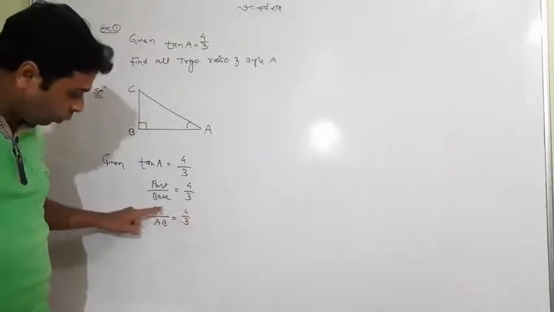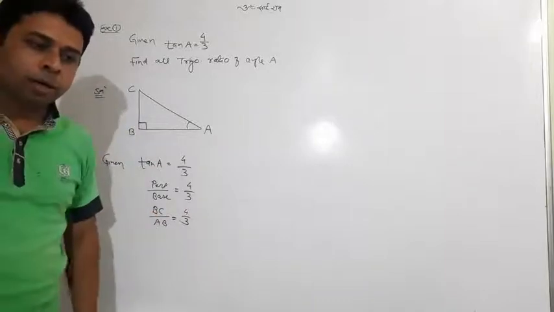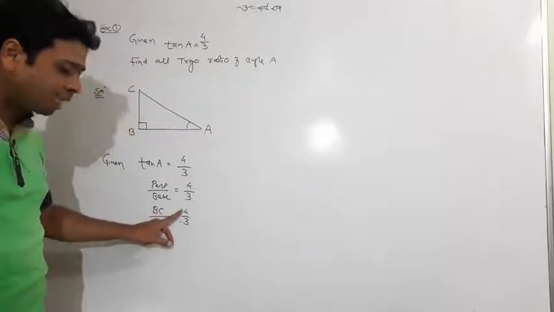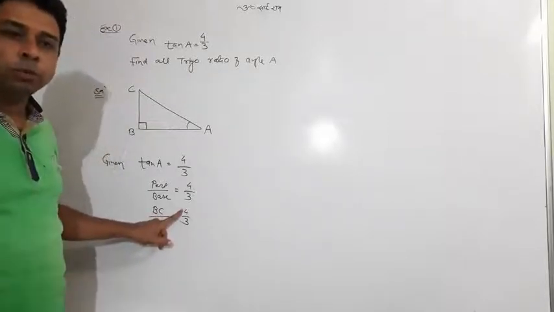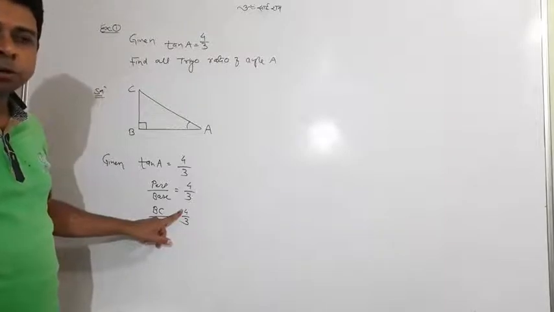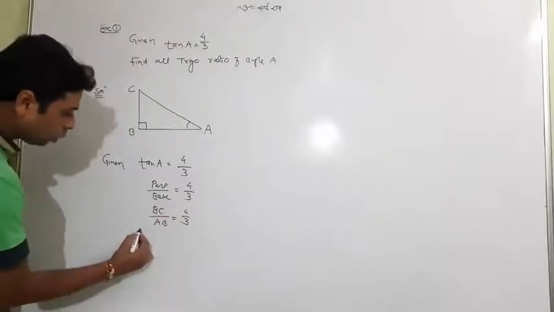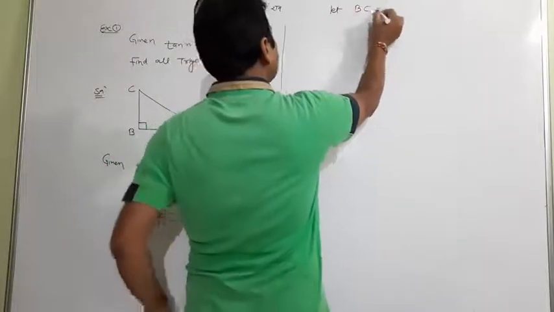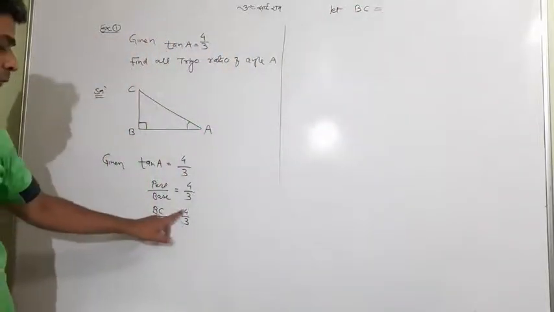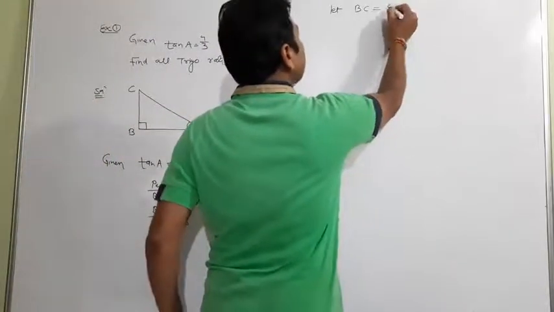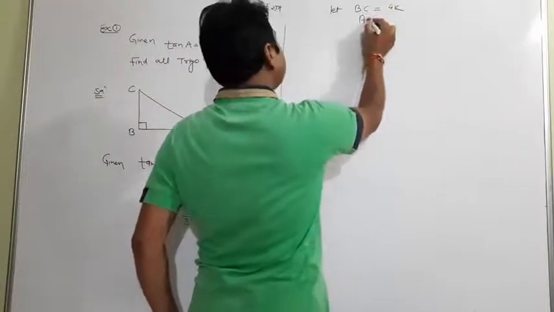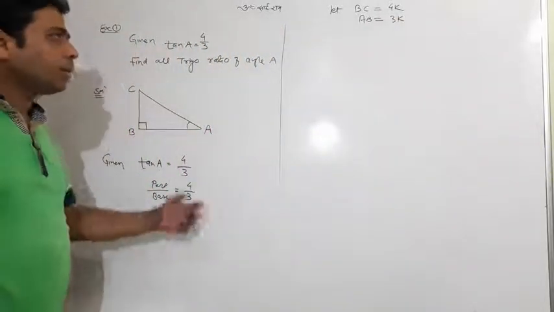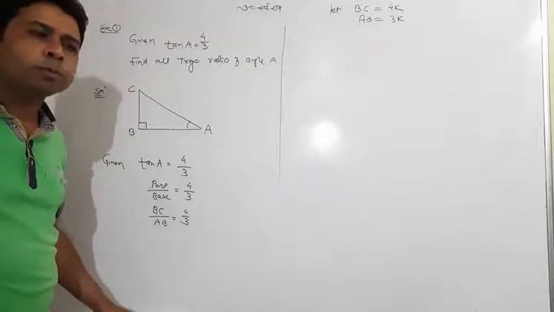When it is a ratio, you have to take BC and AB in a different way. You have to assume that BC is not exactly 4, but in case of a ratio you have to take the help of some common ratio. Like you assume here, very simple, I tell you, let BC equal to, look at properly, BC directly not 4, but you should take some constant 4k, and AB is equal to not 3 but 3k, where k is a common ratio. It is nothing special, it must be familiar to you.